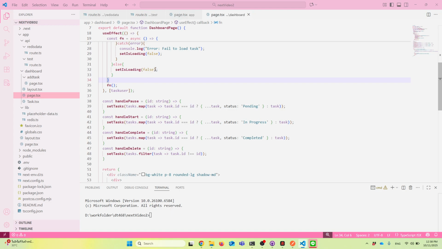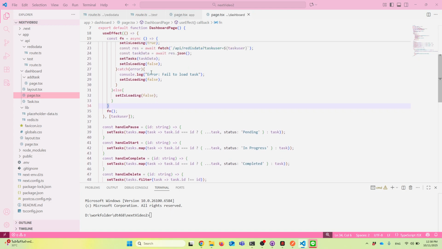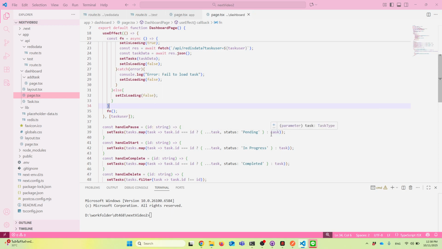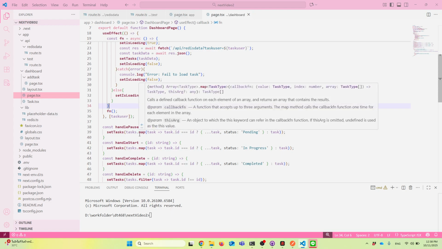We still have our task list that we need to update as well. We're still going to use this map to create a list of tasks. So we're going to change the status to pending. Basically we take in the ID, and then